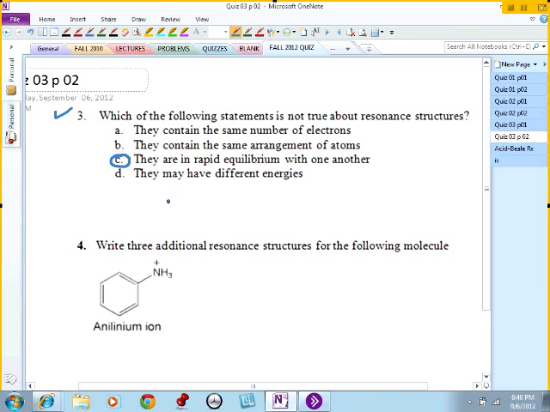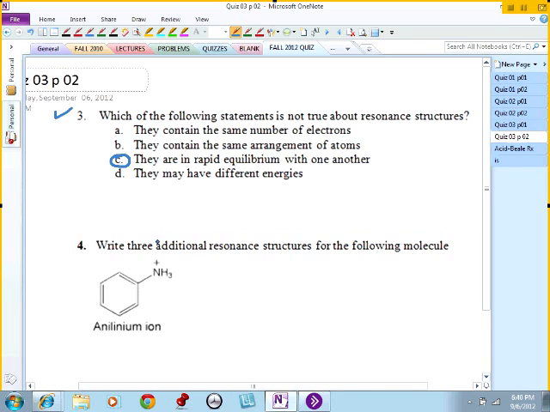Of course, we also know that in resonance, the structures may have different energies. So A, B, and D are correct. The only one that is not correct is C. Okay, so let us do